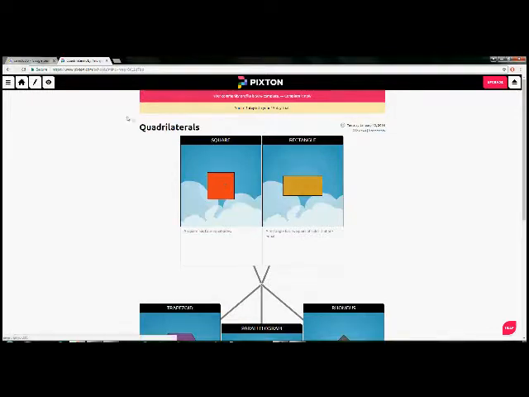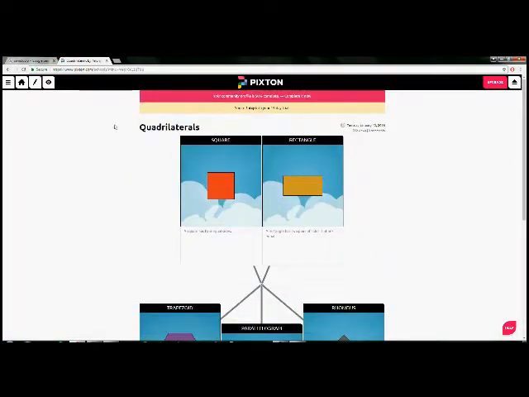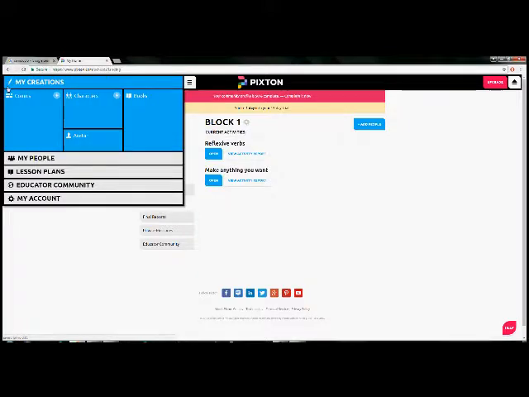So this isn't a comic. This is a mind map, which you can make. You can make a graphic organizer or choose to make a comic. Now let's say I wanted to add an activity. I would go to the main menu,